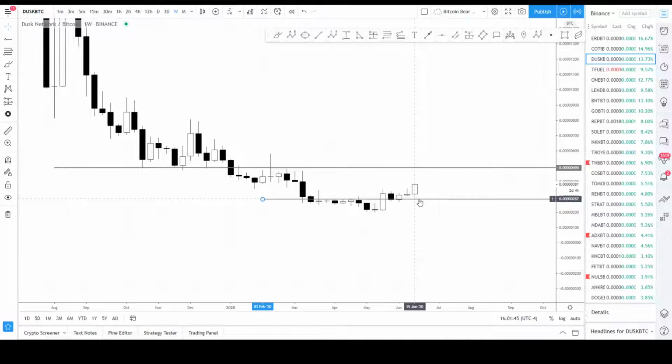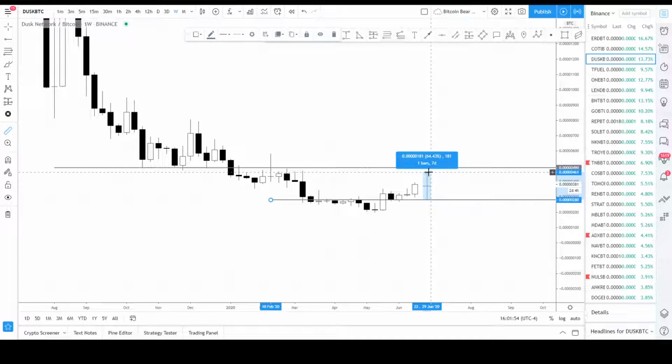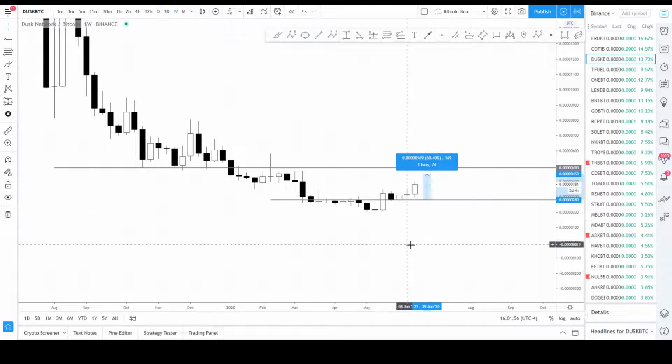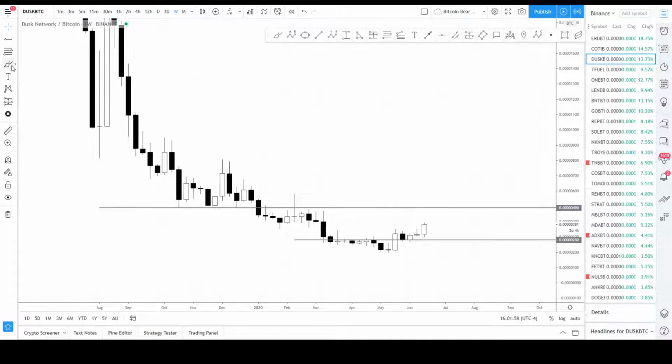Okay, so it just flipped that, and it actually touched it once, twice. So it flipped this weekly level. So if you're in Dusk and you're looking to take profit, well, your take profit level is probably right up here, 450. Now the higher probability trade is when it breaks this zone. So we're going to long the support, previous resistance level and we're gonna long that up to this level here,